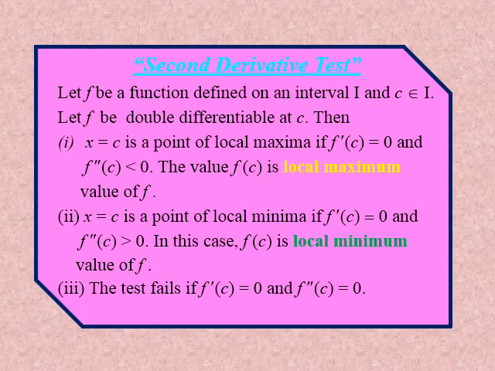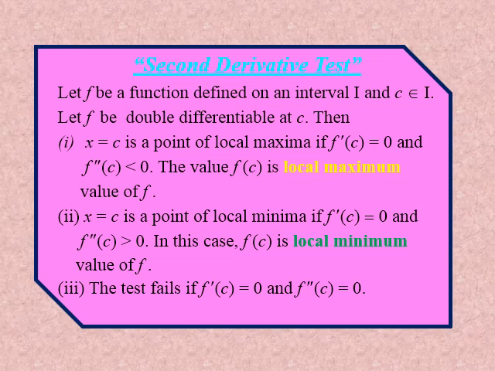So next is our second derivative test. Here, same, we have a function f defined in an open interval I and C belongs to I. We know first derivative and second derivative, we have learned this in chapter 5. So x equals C. Suppose we have f of x, and we can find f dash x. So putting f dash x equals 0, you will get some value of x, that x is your C.